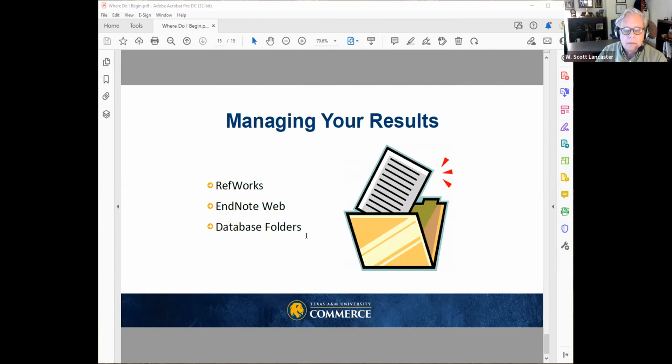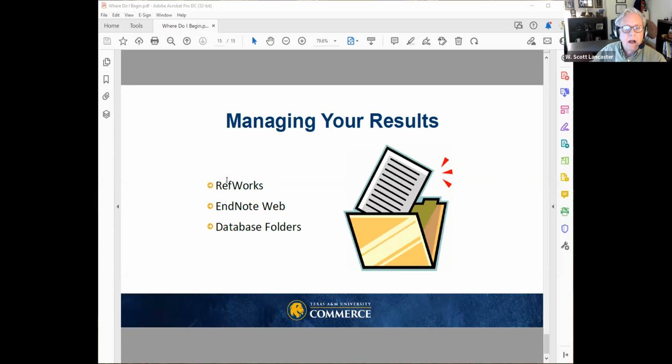When I started, we used filing cabinets and manila folders. We Xeroxed things. We took handwritten notes. But as you're finding your things in a digital environment, you're also saving them and managing them in a digital environment. So you're either saving them on a flash drive, or you are saving them in